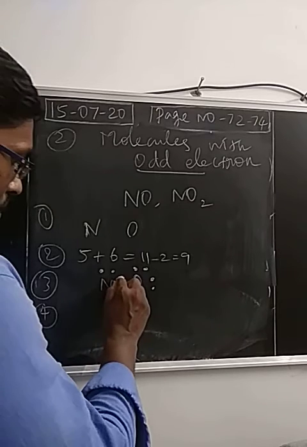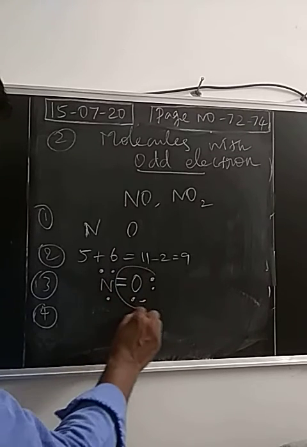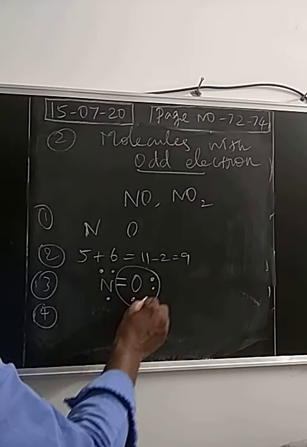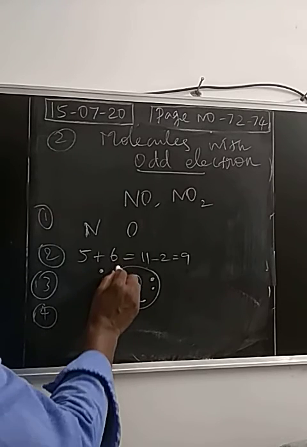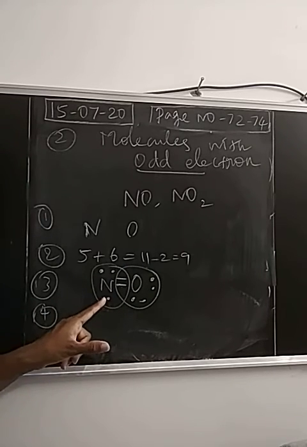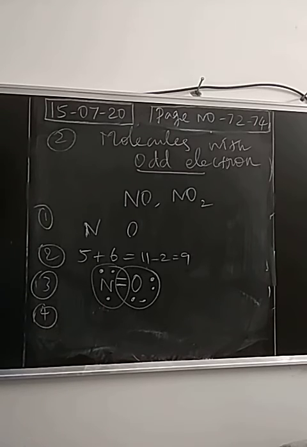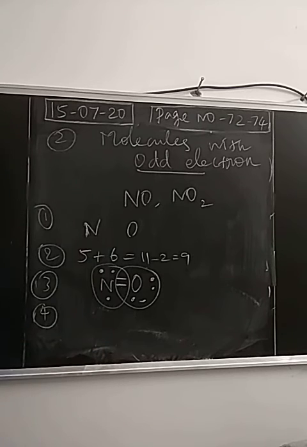Now, one pair of electrons is shifted as a double bond. Now the oxygen is stabilized. 2, 4, 6, 8. Oxygen is stabilized, but nitrogen is not stabilized. 2, 4, 6, 7. Right. So nitric oxide is a molecule which will not obey the octet rule because it has an odd, single electron, right? Odd number of electrons present. So it is not obeying the octet rule, but this is stable based on formal charge.